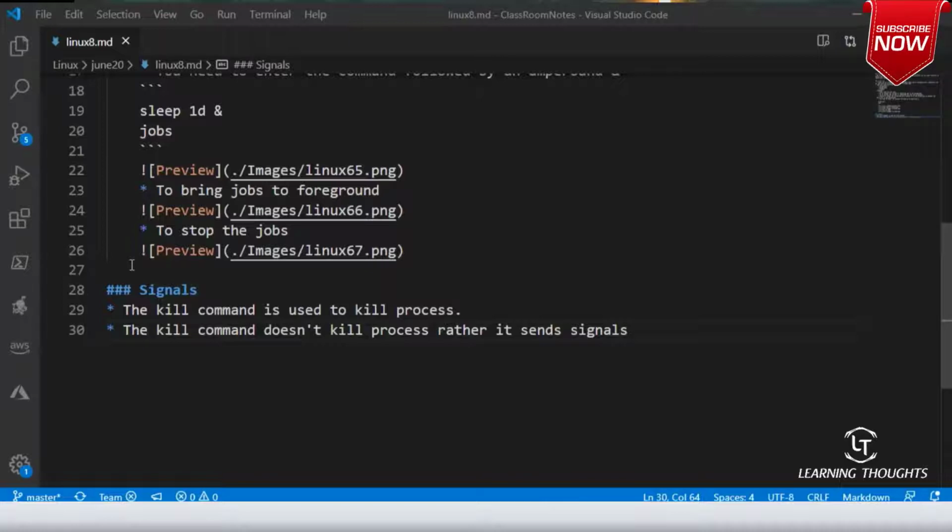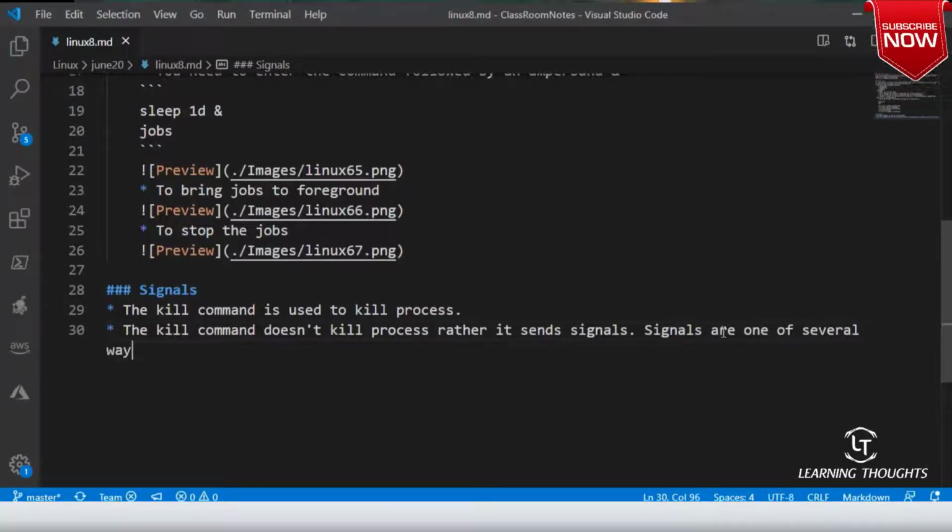There are several types of signals in your operating systems. Signals are one of several ways in which the OS communicates with a program.